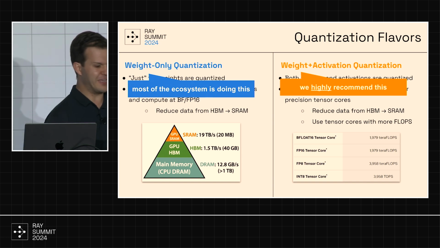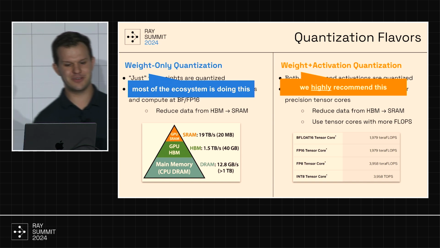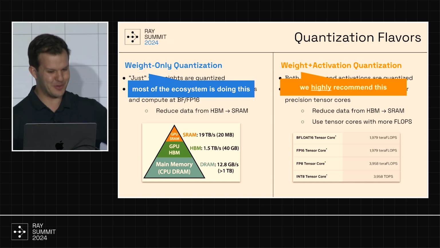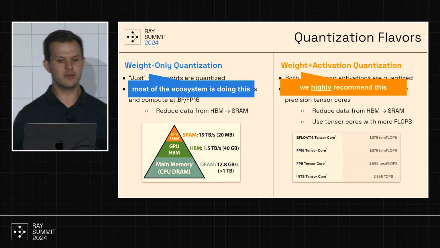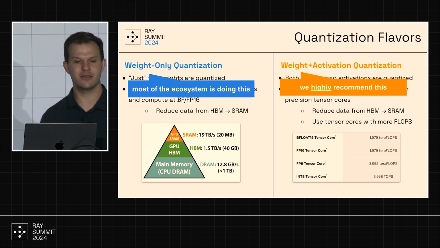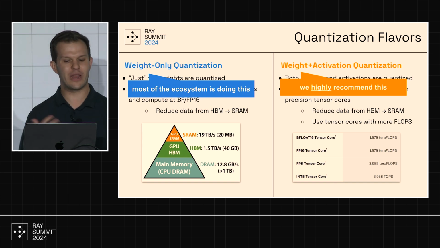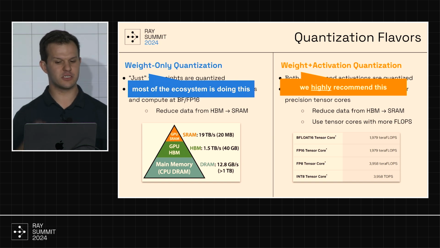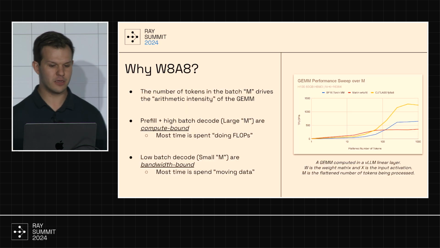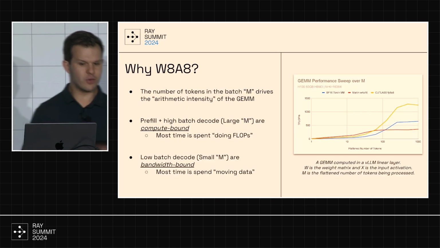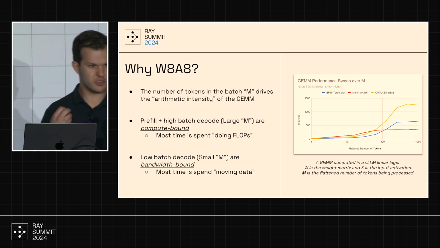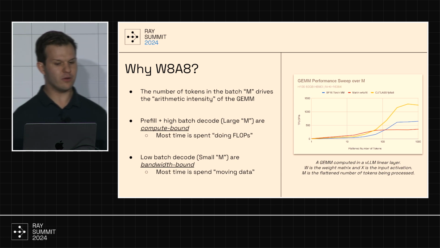And so most of the ecosystem is doing weight-only quantization, which I'm really happy about because we've contributed a lot of it and it's great. But we really, really recommend that users take advantage of weight and activation quantization because of these fundamental reasons I just described. And really why W8A8 is specifically what I just spoke about, which is in an LLM inference